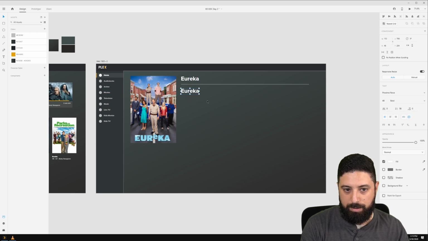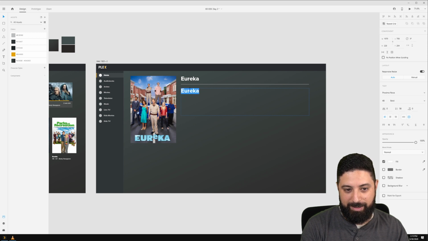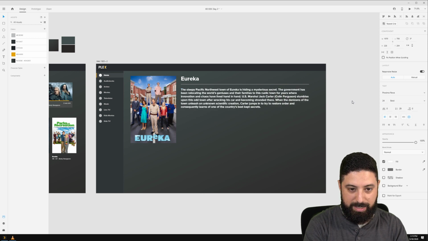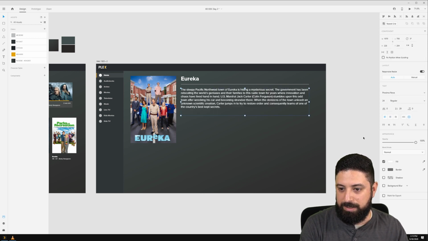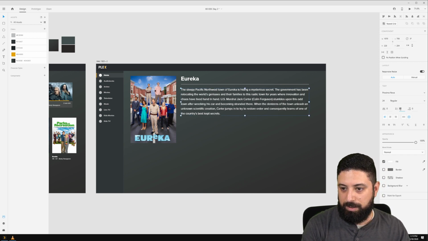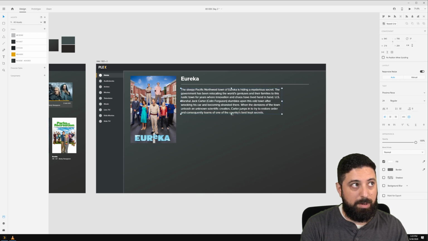And then, like I said, this was a big challenge for me to do in the amount of time we've got, but we are rocking and rolling, and I think we're going to do it. All right, so we've got this. Let's bring this down to maybe 24. We'll go regular text. I want to increase that line height. Let's do something like maybe 32 here. And we'll bring that in a little bit too. Oops. All right, great. That works well.